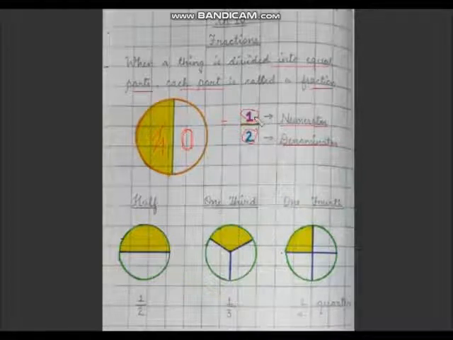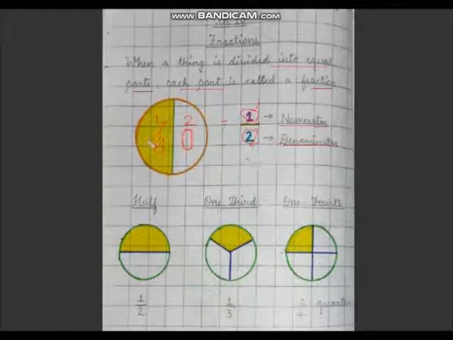Here in the top part there is the number 1, and in the bottom part, that is the denominator, the number is 2. Why have we written 2 here? Because the circle has two parts, one part and the second part. So there are two parts in total. We will write these two parts in the denominator.